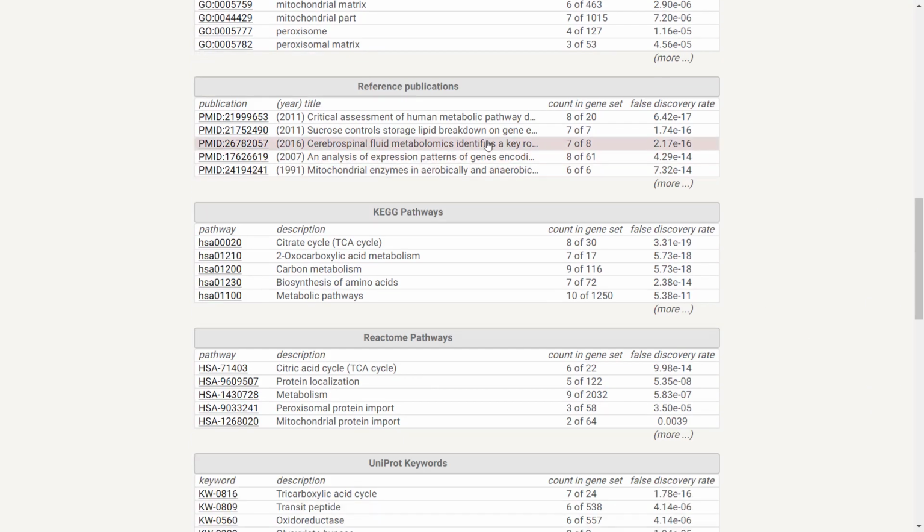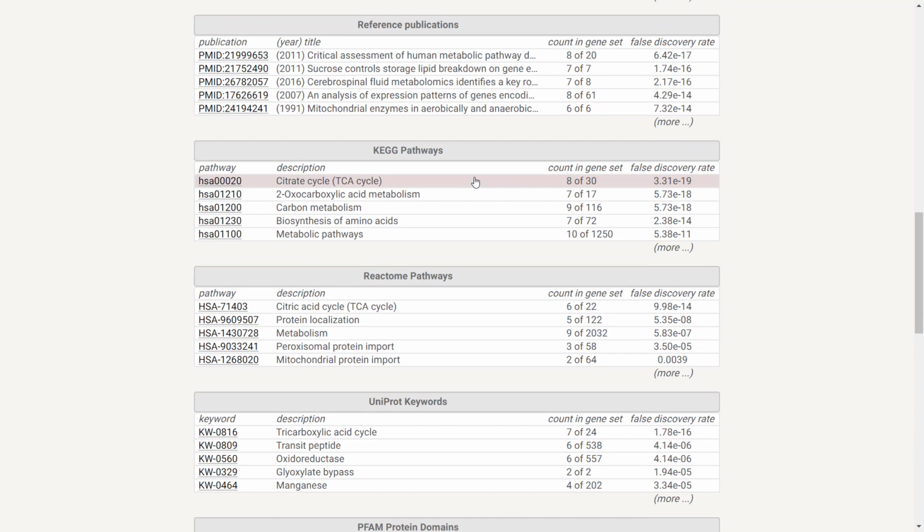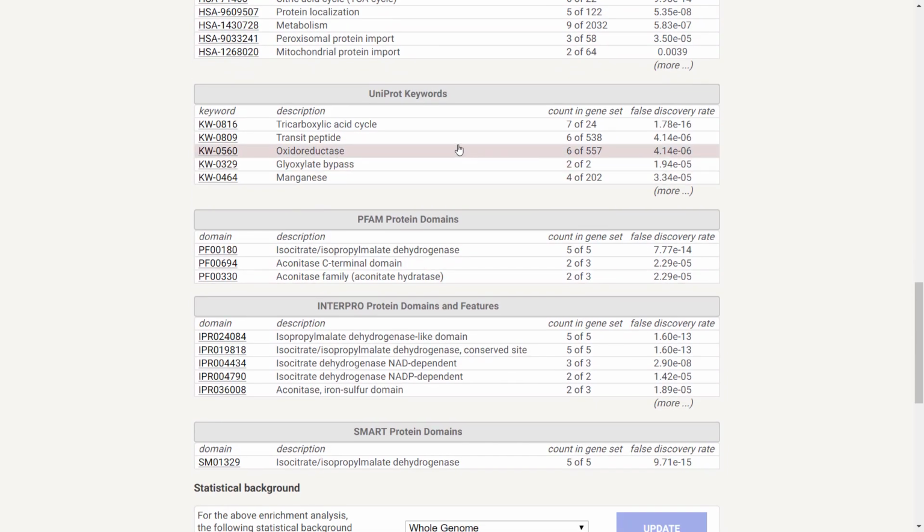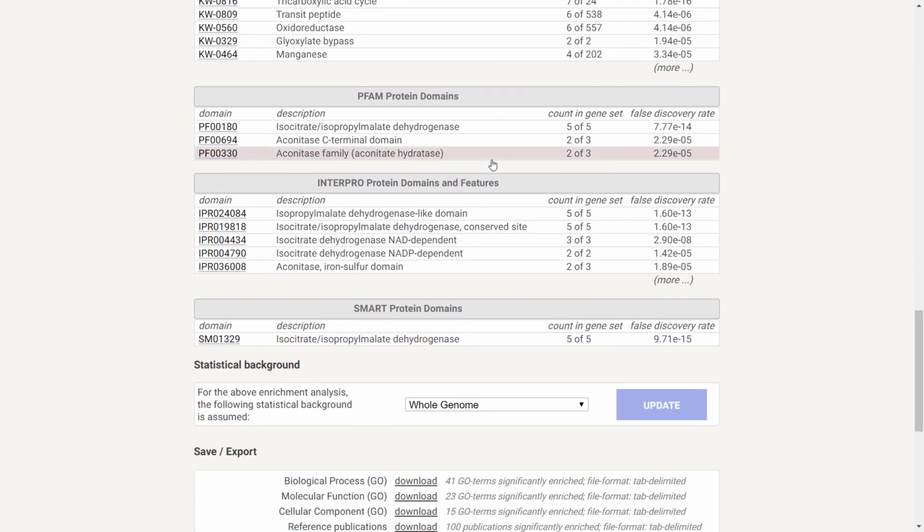We can see publications that contain several proteins from our network, and how many proteins are part of the same pathway from two databases, KEGG pathways and Reactome pathways. We can see keywords from UniProt that are shared between our proteins, and see whether there are protein domains that appear in several members of our network. The protein domain databases are PFAM, InterPro, and SMART.